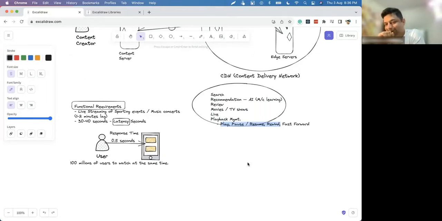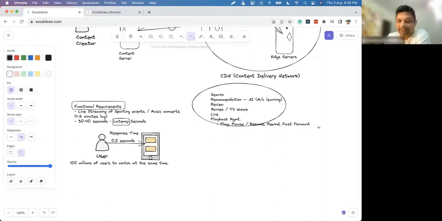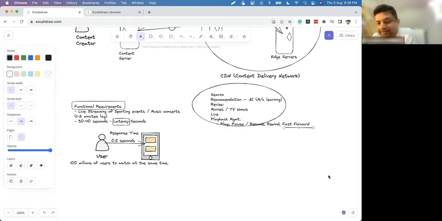We can't skip ahead to see what the final result will be. If it's a live match, you can't fast forward, but yes, you can pause, you can rewind, you can watch something again and again in the live content also. Pause also you can do, and resume also you can do. The only thing which you cannot do in live is fast forward. So just take care of this. Hope you understand.